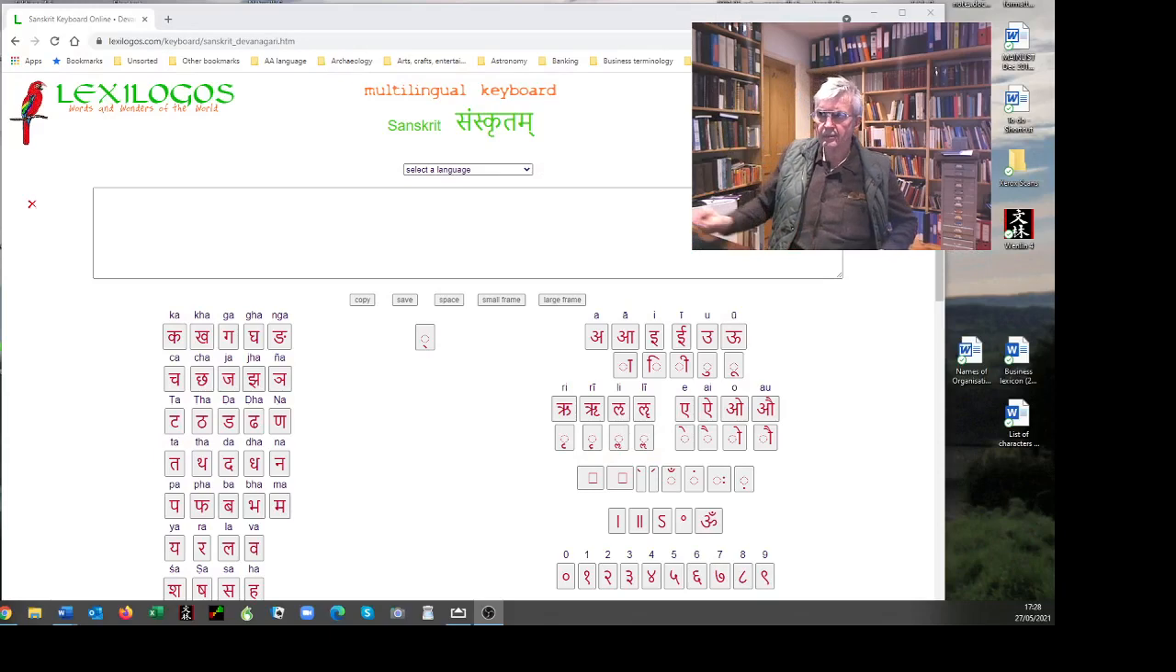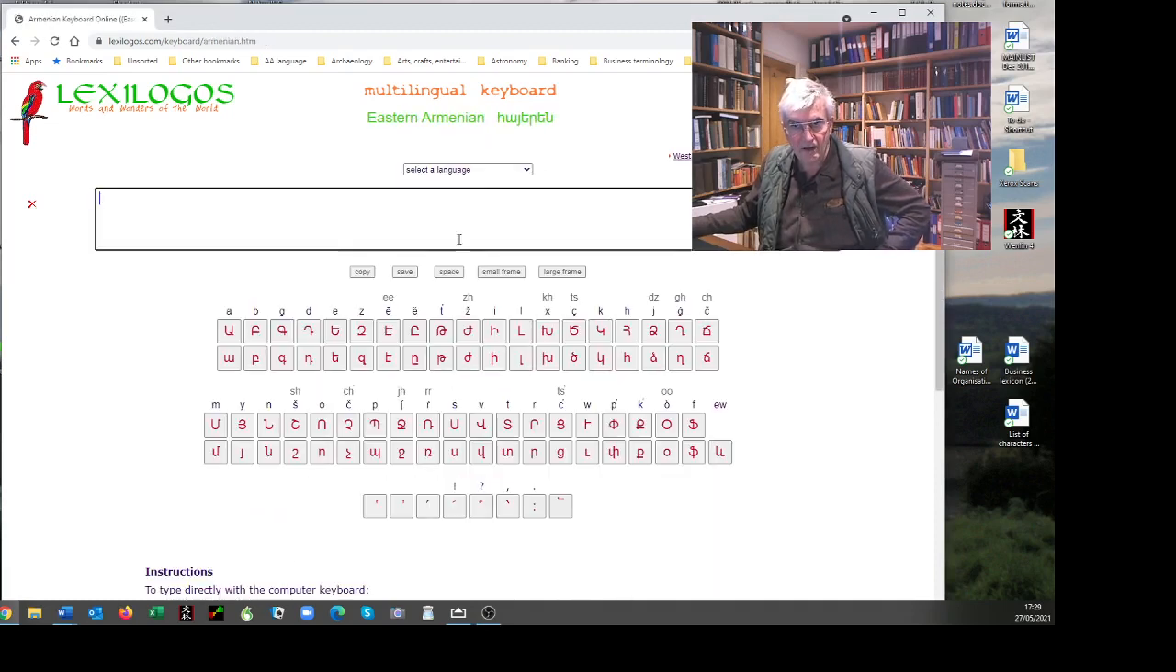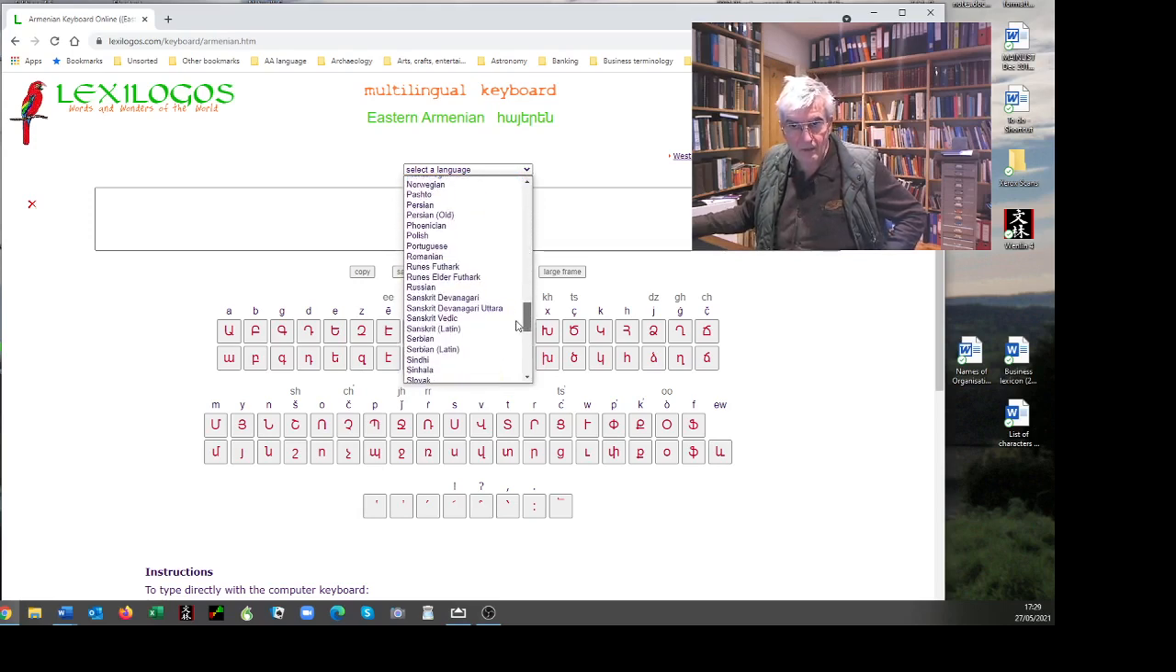Right, here we are now with the Lexilogos online keyboard. It's free. You don't even download it. Whenever I need to do anything in Devanagari script, I just enter their website, and up it comes. Here's the address: lexilogos.com/keyboard. When it comes up, it won't necessarily come with the language that you want, but there's a massive number of different languages you can choose. Just go to the drop-down menu and select a language. We've got Eastern Armenian there, goodness. Then select Sanskrit Devanagari,